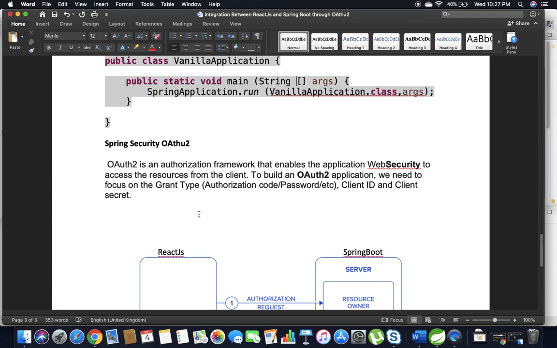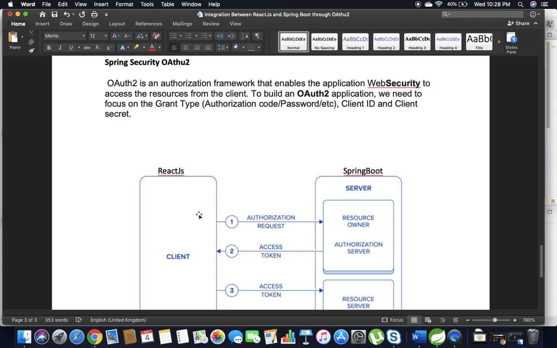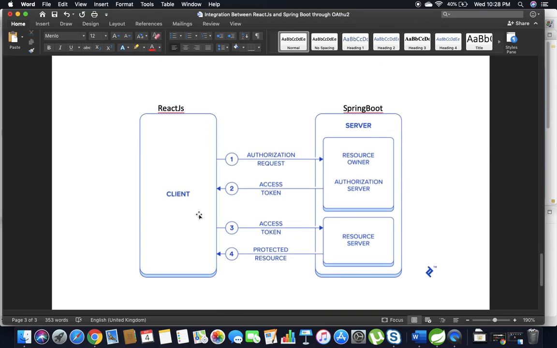Spring Security has the OAuth protocol which is integrated to use wherever the integration is needed. So this is an authorization protocol which we use in everyday life. Like when we log in into Gmail, we are using the OAuth2 protocol. Gmail specifically uses the OAuth2 protocol. How this works is,